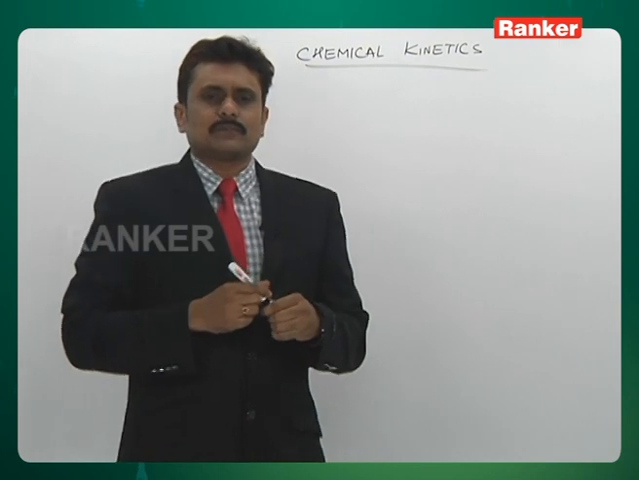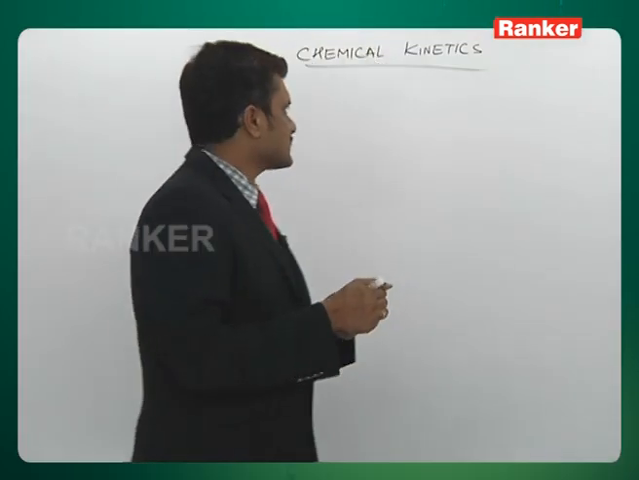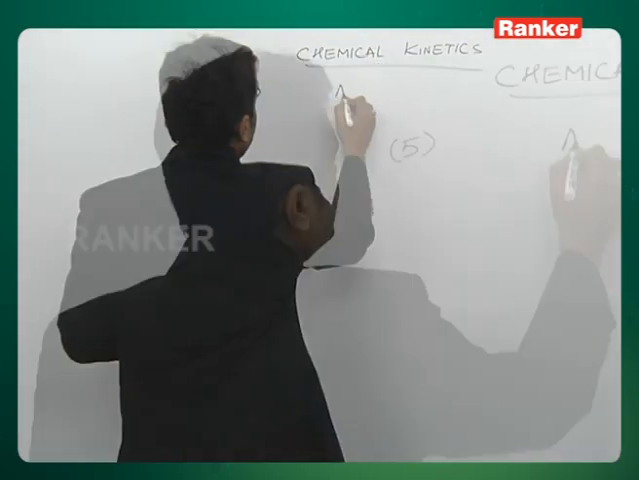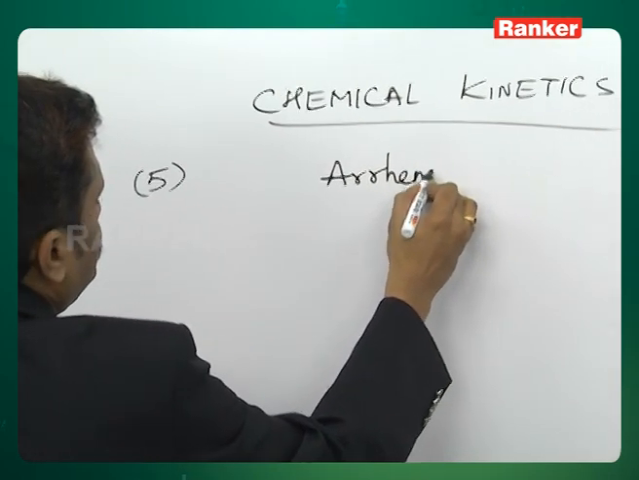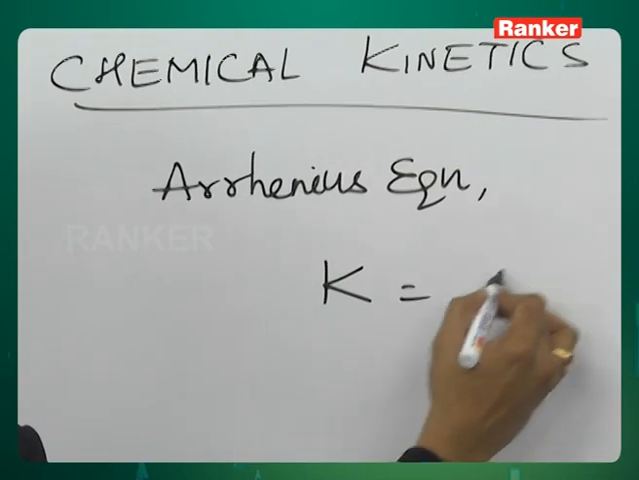Now in the fifth question we have a first order reaction for which the graph is plotted against log K and 1 by T. We have a straight line with a slope of minus 6000 is obtained, and you have been asked to find the activation energy on the basis of this data. Now we know this question is related to the Arrhenius equation with the K being equal to